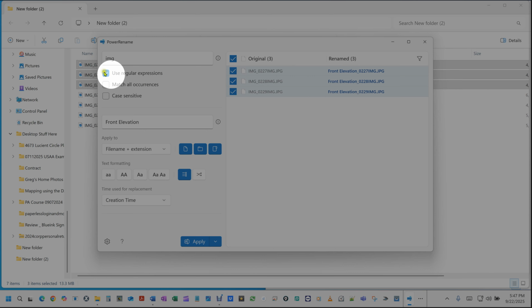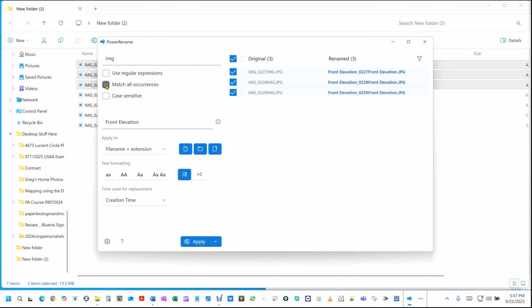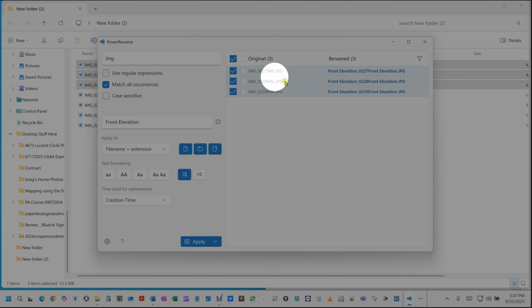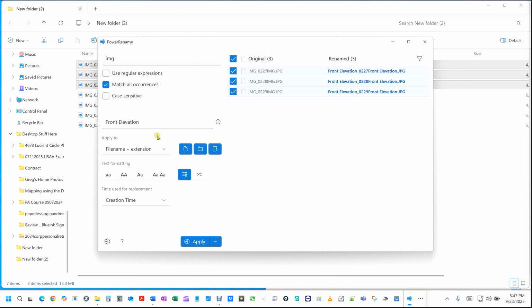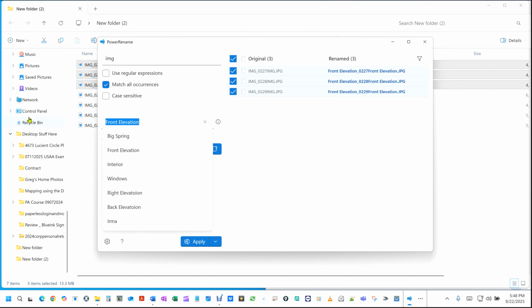Now let's click out of here. Let's click here. Now I told it match all occurrence. So I have IMG here, IMG here, because I told it to replace it. Look what it did. It replaced front elevation, which is what I told it, and front elevation at the end. It replaced all occurrence. Let's say, okay, the IMG, I don't want anything there, so I'm going to delete it, and